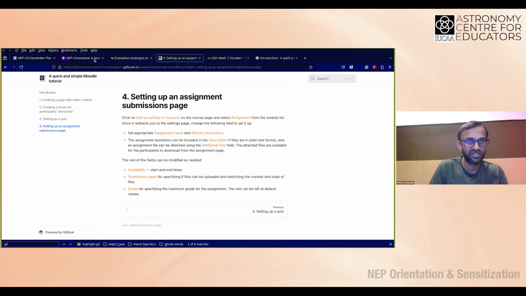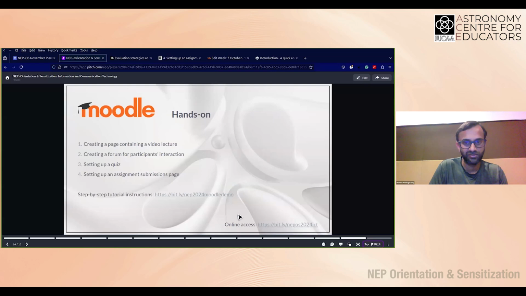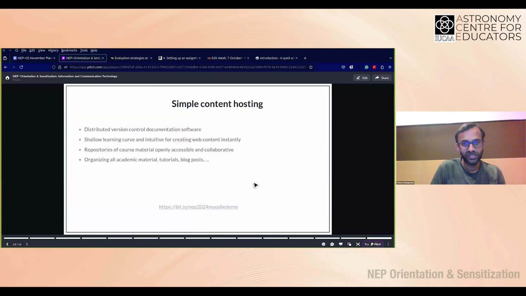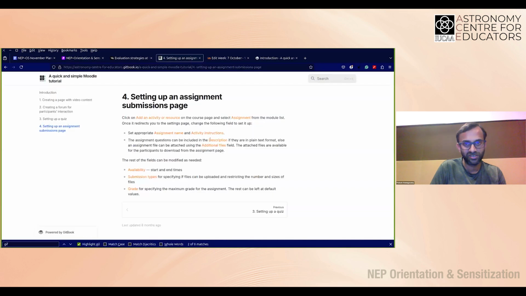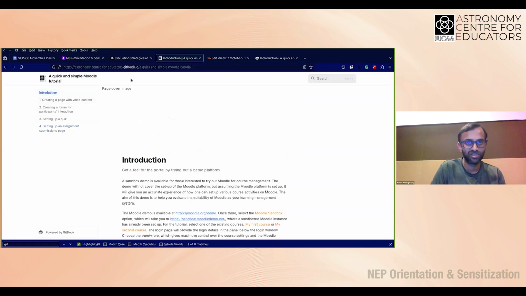So this link again, the tutorial, you can follow it through this link and try it out if you're interested. And if you'll notice, there's another little tool I thought is worth mentioning, just because the whole tutorial you saw was created in this tool called Gitbook.